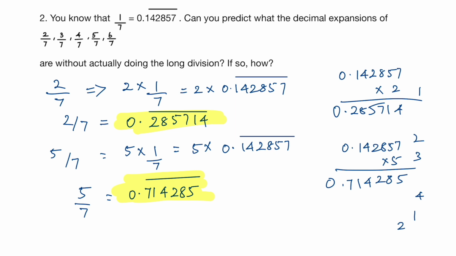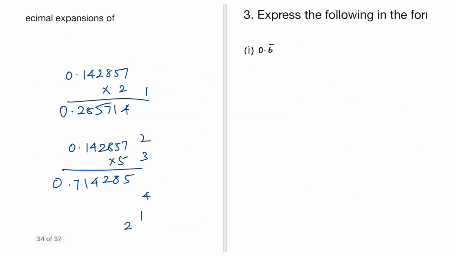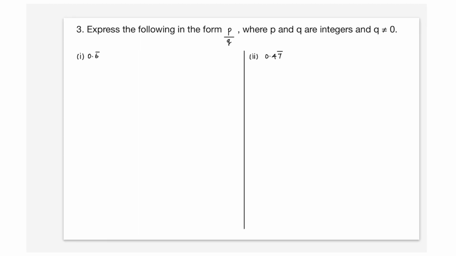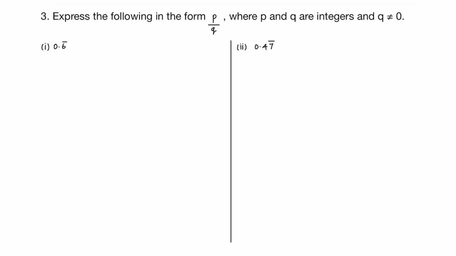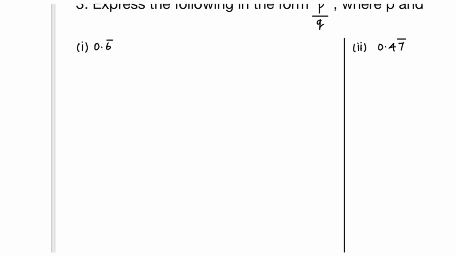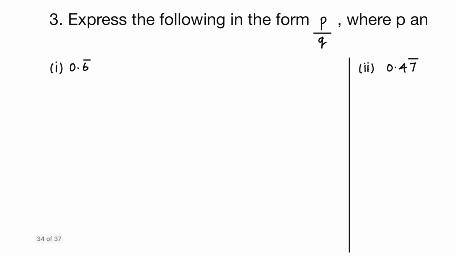It's very simple. Now we are moving on to the next question in this exercise, which is: express the following in the form of p divided by q, where p and q are integers and q is not equal to 0. Okay, now we have solved already 2 or 3 questions in the example section with the same logic, so it is not going to be anything new. I'm just going to apply that same logic and solve these questions, right? Okay, we have